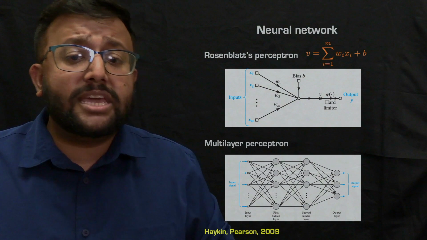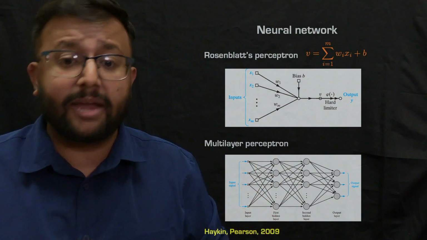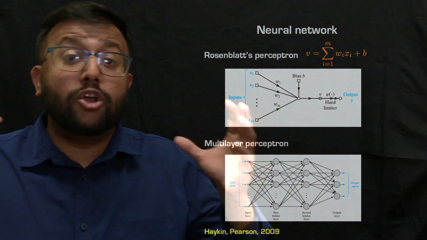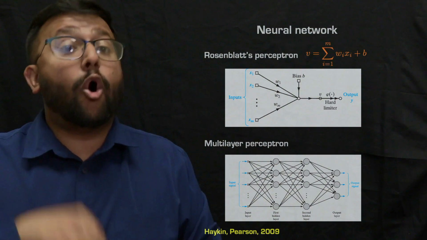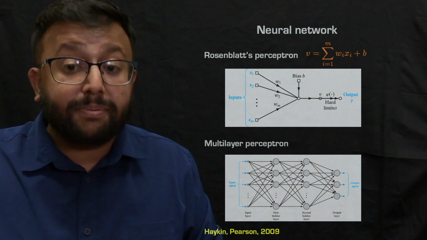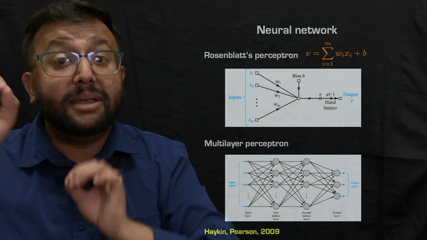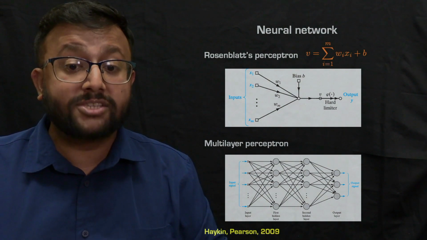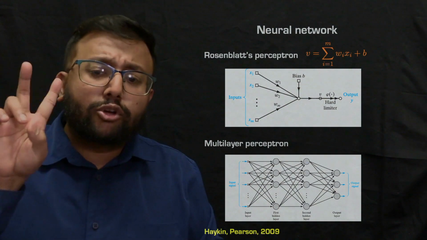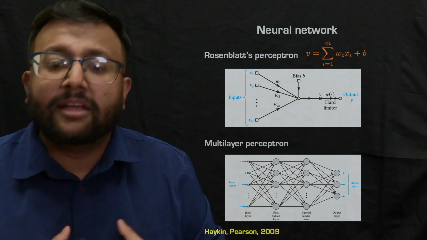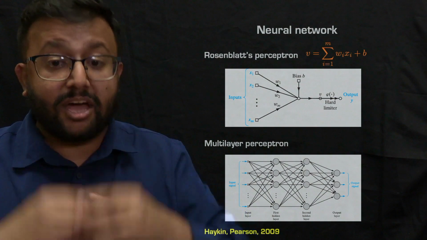So this led to the development of what is known as the multi-layer perceptron, right? Which includes nonlinear activation functions that are differentiable. It also includes multiple hidden layers and a high degree of connectivity between the artificial neurons that are determined by synaptic weights, right? So there are two main phases for training the multi-layer perceptron. In the forward phase, the weights are fixed.